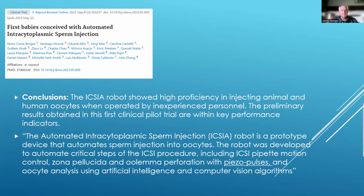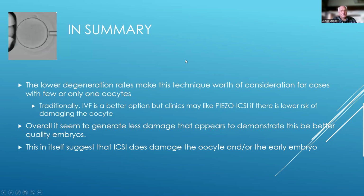The robot was developed to automate critical steps of the ICSI technique, including the ICSI pipette motion control, zona pellucida and oolemma perforation with the piezo pulses, and oocyte analysis using artificial intelligence and computer vision algorithms. So the key thing here is, from a robotic point of view, they're using a piezo pulse technique to do the insertion through the zona and the oolemma. It was superior to any other manual form of doing it. Okay, I'd just like to